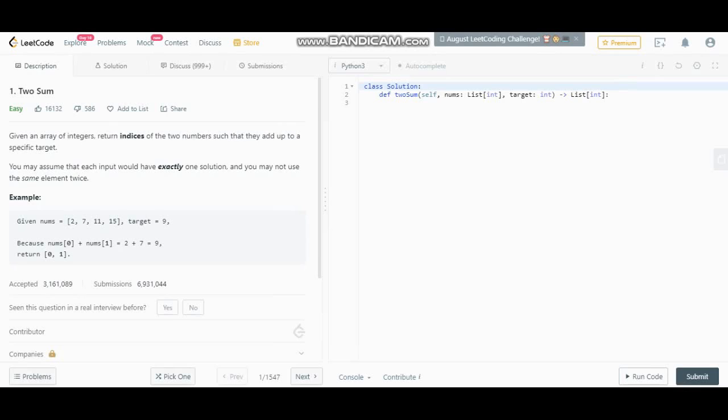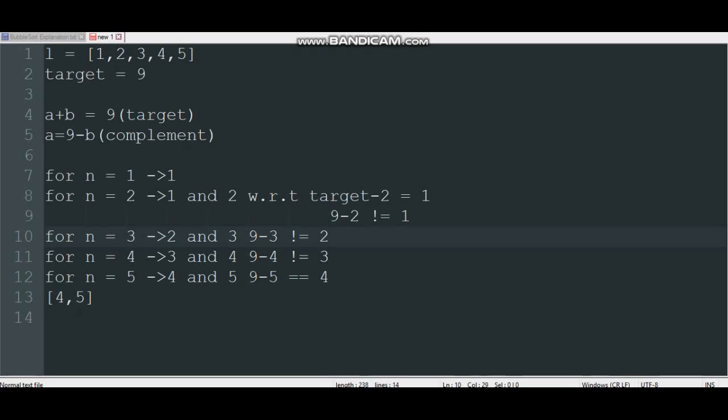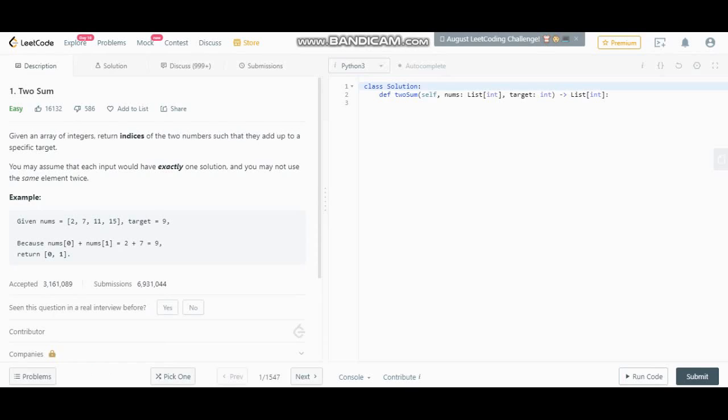The algorithm which I showed you is order of n. The number of iterations were 1, 2, 3, 4, 5. For 5 values the number of iterations were 5 only. I will show you another method which is easier, but the time complexity is very high for that. So first I have used this method. Let's just write the code for that.